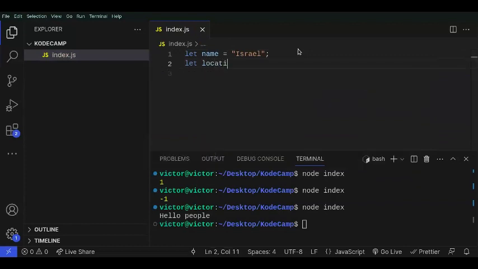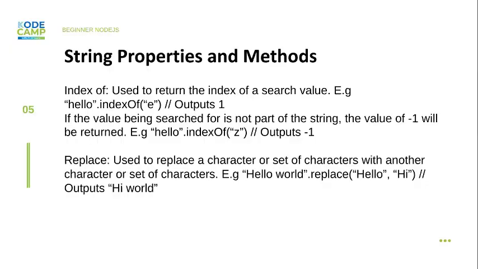Let location equals Abuja, for example. So we're talking about the replace and the indexOf, right? And then I remember that I showed you guys on VS Code that